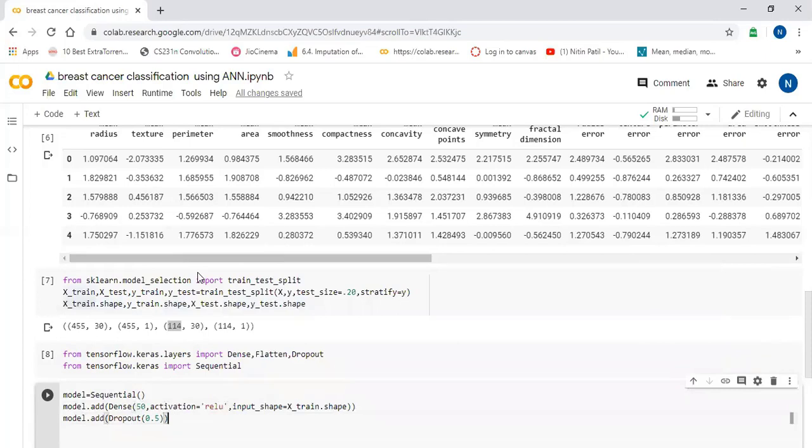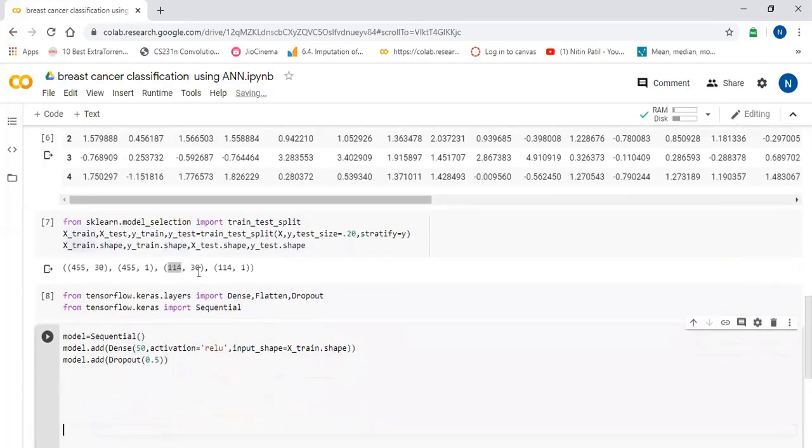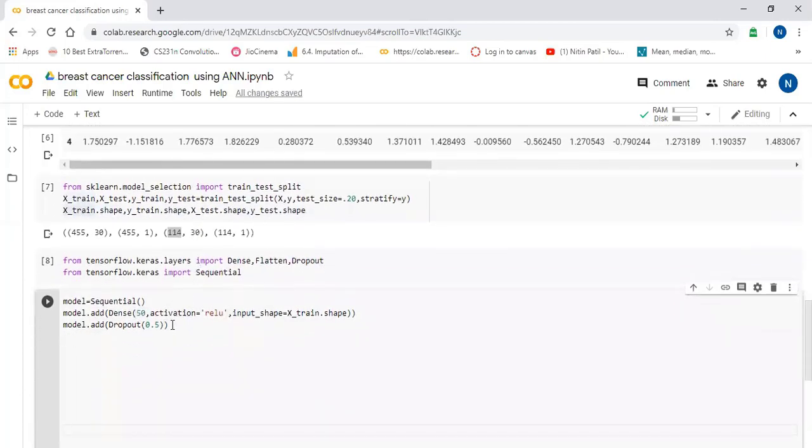Okay, this is the layer which we have added. Now I will add another dense and dropout layers. So I will copy paste this, and this is the middle dense layer, so we do not need input shape. We are passing the input to the first layer. So this is the second dense and dropout layer. This is the third dense and dropout layer.